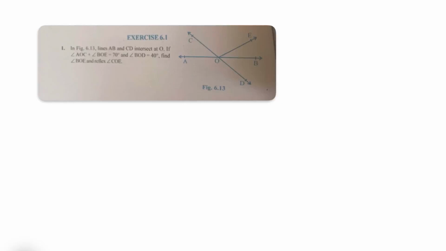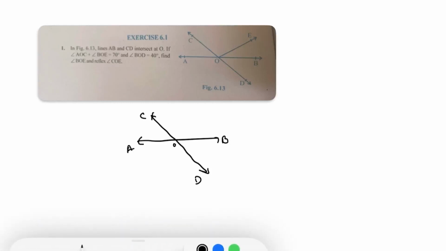Let's look at exercise 6.1. In the figure, lines AB and CD intersect at O, right? So AB and CD intersect at O. This is AB and this is CD. Now AOC plus BOE is equal to